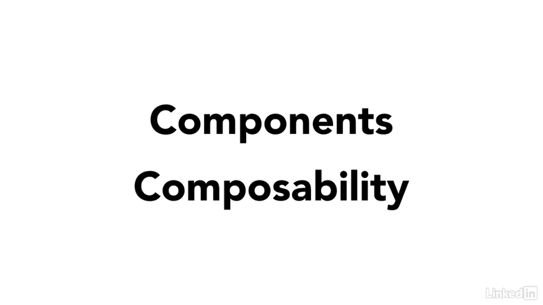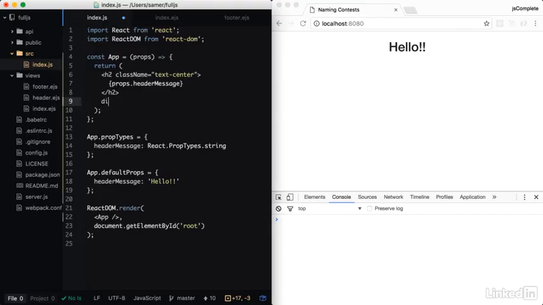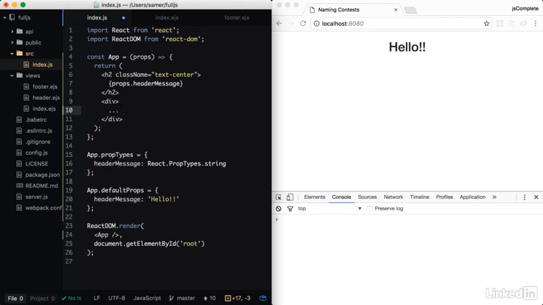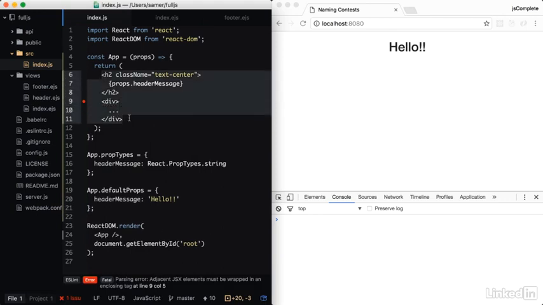Let's add some more content to our application. I'm going to put a div in here. And in the div, eventually we're going to render our naming contests. For now, I'm just going to do 3 dots. And you'll immediately get a JSX parsing error that says these two HTML elements must be wrapped in an enclosing